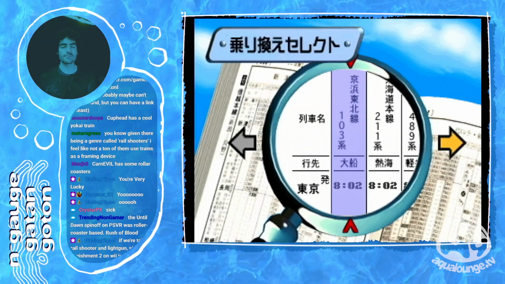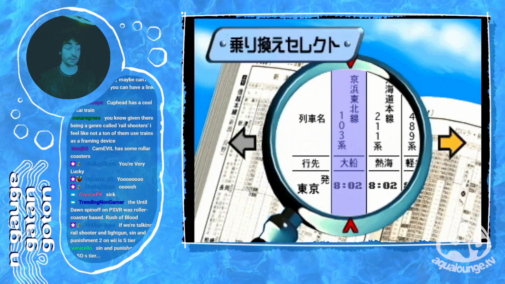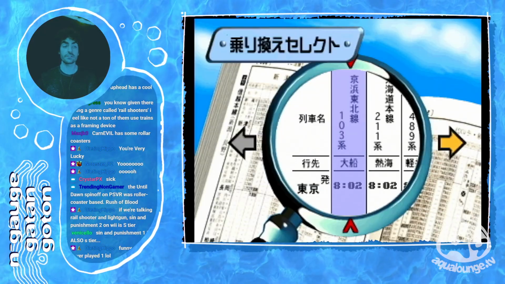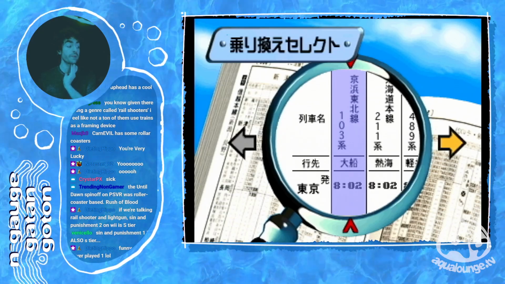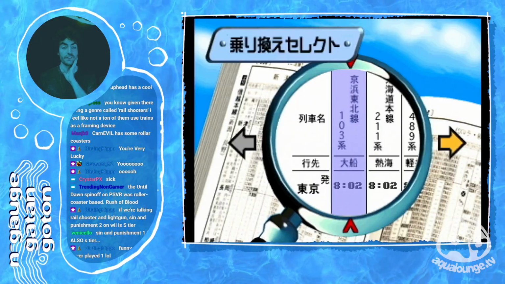So, I don't know. Play Sin and Punishment 2. Sin and Punishment 1's really easy to play now. It's on Switch Online. Yeah, both of those games are S tier. Some of the best action games you'll ever play, probably. I think 1 is better, personally. I like them both, but I think 1 is slightly better. 1 definitely feels more like